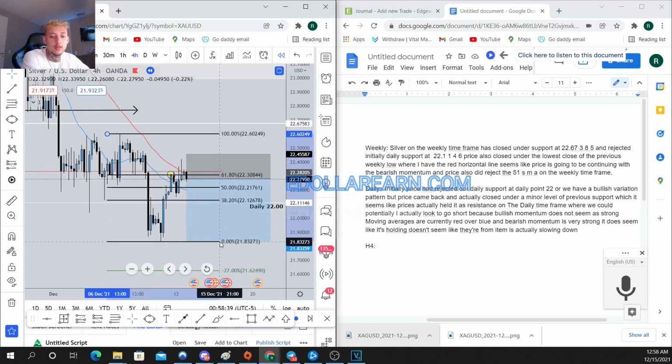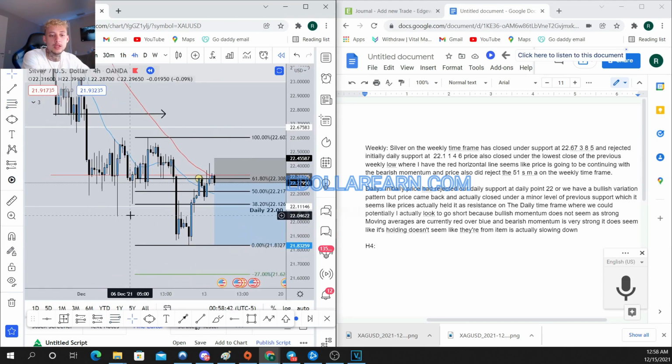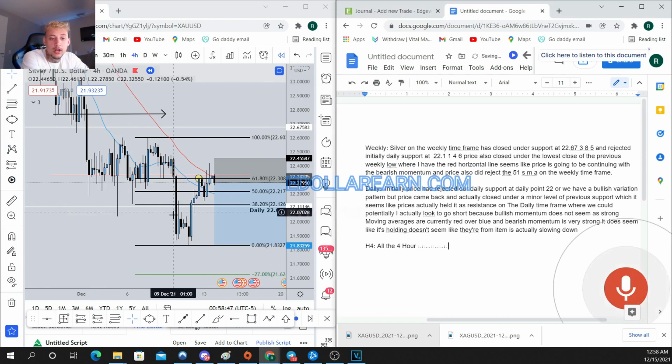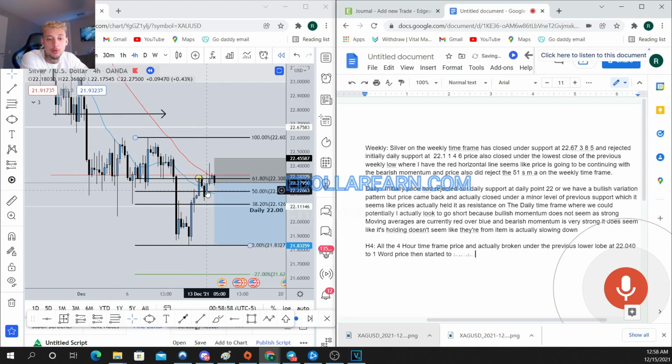And on the 4-hour, we're simply going to speak about what we see, right? So on the 4-hour time frame, price had broken under the previous lower low at 22.04021, where price then started to pull back. Price had an initial rejection of the 618 on fibs, where it is a previous level of support, now holding as resistance. After rejecting 618 or previous support, price had pulled back, and we could see buyers try to